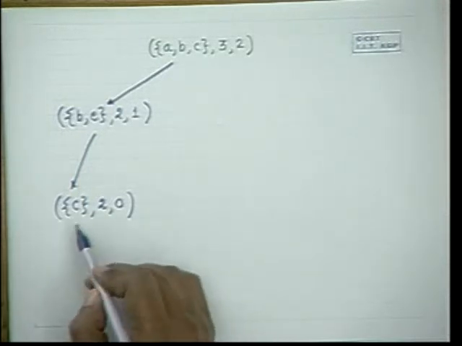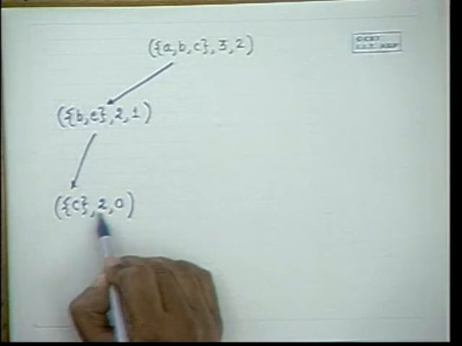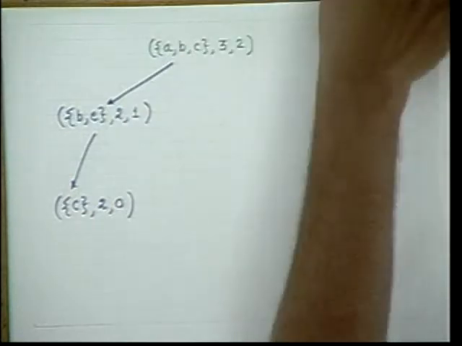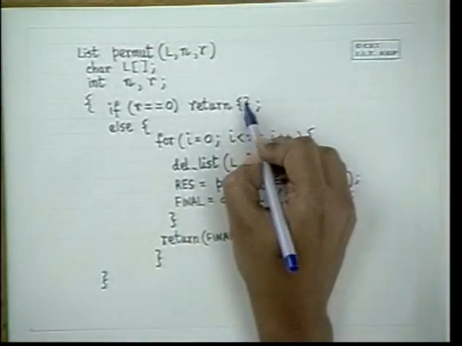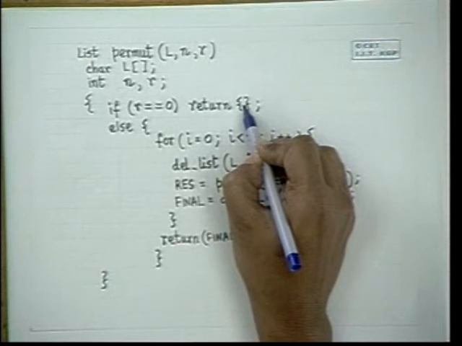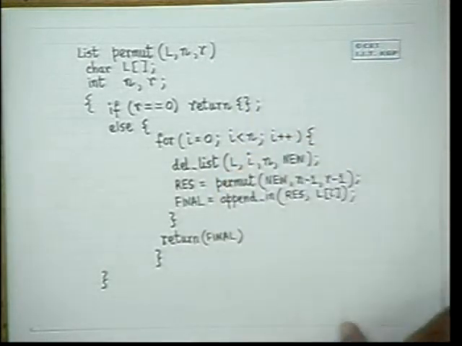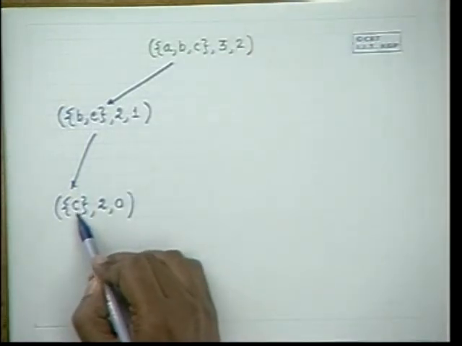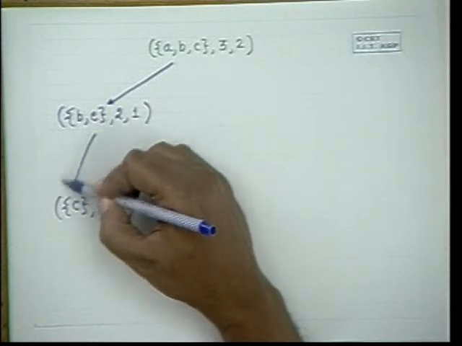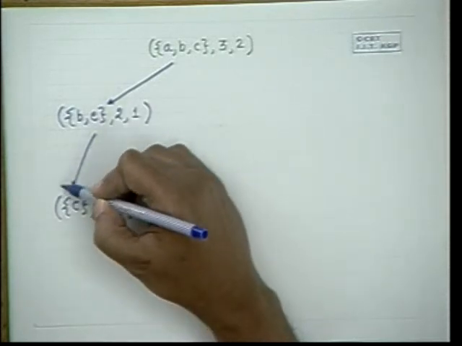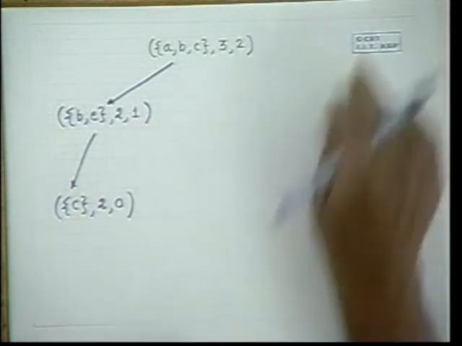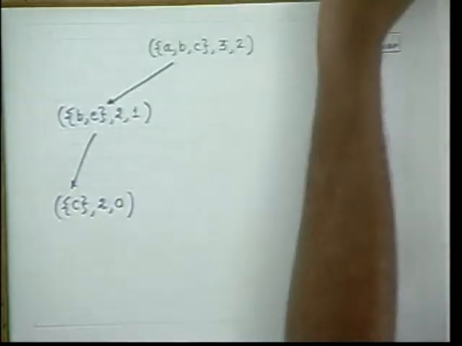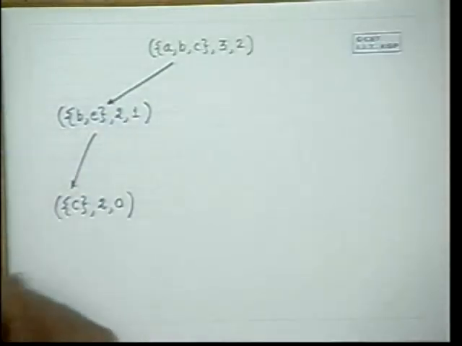But we are returning anyway. So when we are left with a single element, we'll return this element. Okay. When R is equal to 0, we actually return L. Whatever is L is returned. So here it returns null, isn't it? What does it return? Here it should return a null list. Okay, no, we'll continue as we were doing. It returns a null list. That's fine. So this will return a null list.